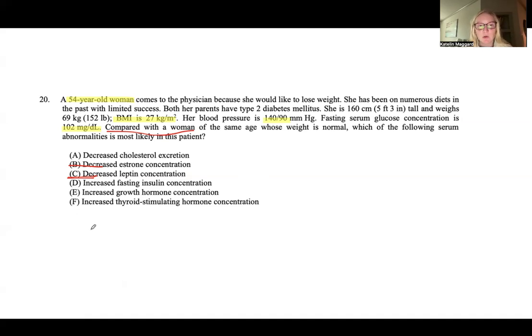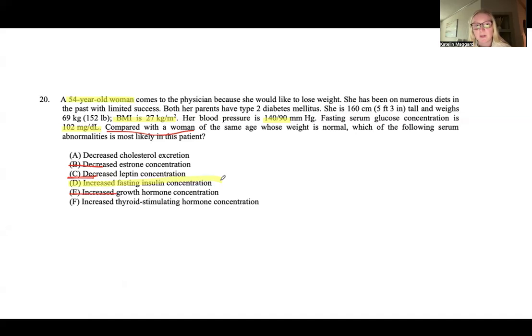And then E, increased growth hormone concentration, not really sticking out here. She doesn't have any sequela of that or anything that would lead me towards picking that for an answer choice. And then for F, increased thyroid stimulating hormone concentration. I know that thyroid stimulating hormone can be involved in metabolic syndrome and insulin resistance, but I don't think that this is the most likely abnormality in this patient, at least at this time, and it does ask us the most likely. So that would lead me back towards selecting increased fasting insulin concentration, and that's primarily because